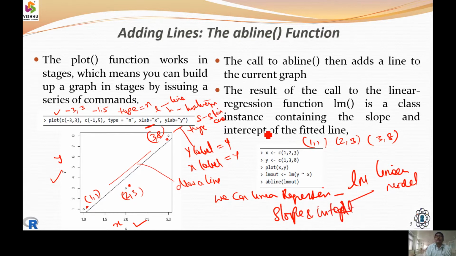Where the line is going to be fitted, the slope and intercept are taken with a function called lm.